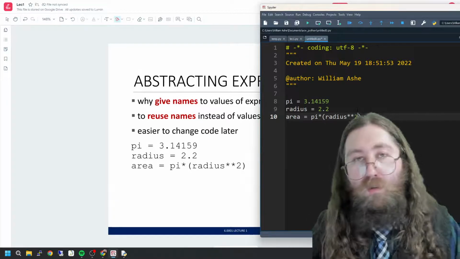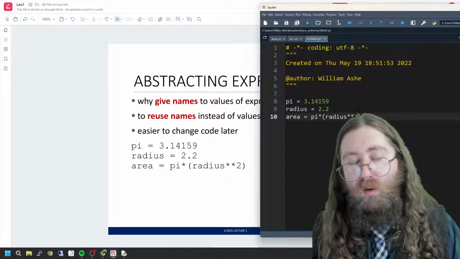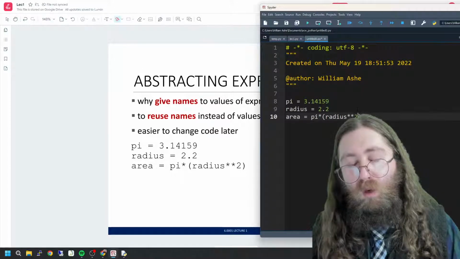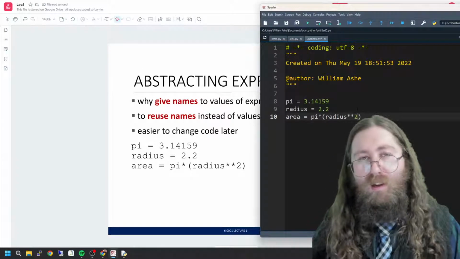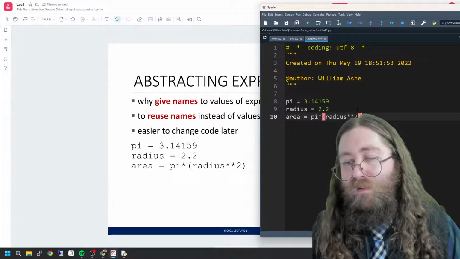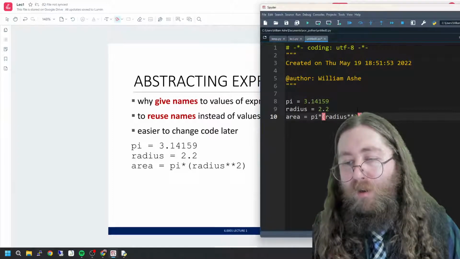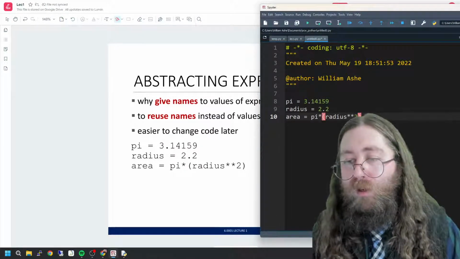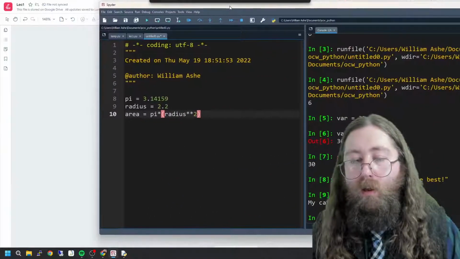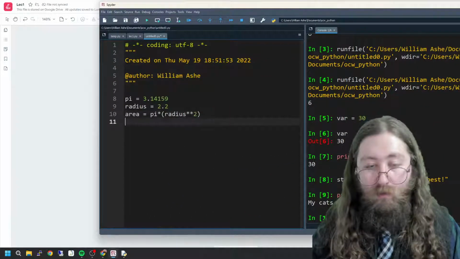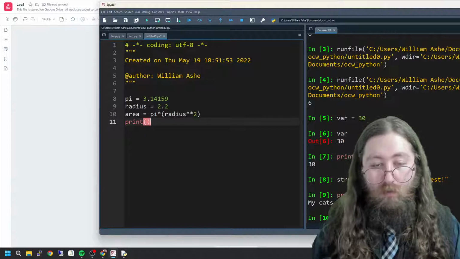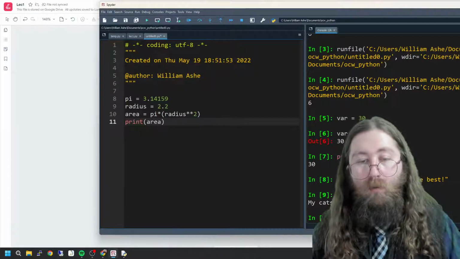Remember in elementary school, we always used 3.14, and then our answers were just really rough, right? You can't use that in a lot of kinds of engineering. That wouldn't be enough significant digits, right? So pi times radius to the second power. Now I need to print area.